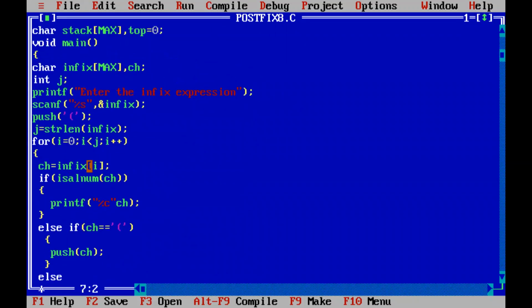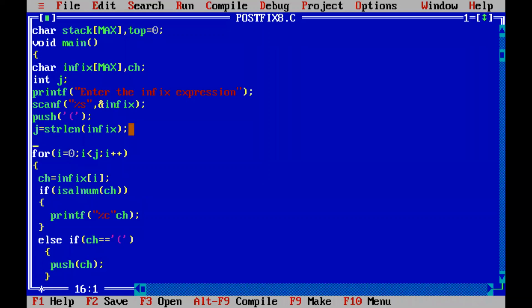So here, if you want to give a statement over here, now that we are going to print the postfix expression, from here onwards we will be printing the postfix expression, right? When you complete this for loop, you will be getting the postfix expression.